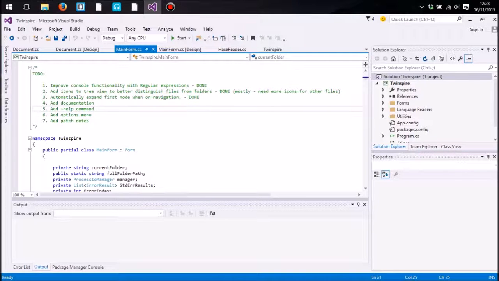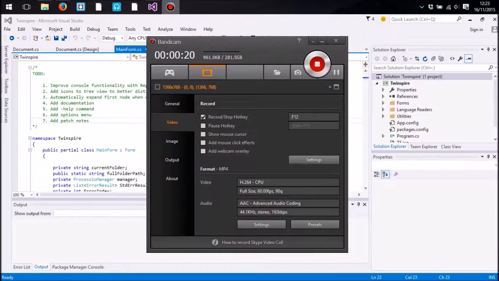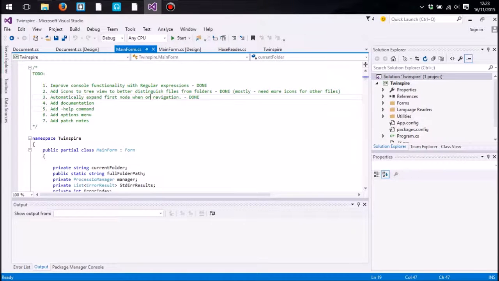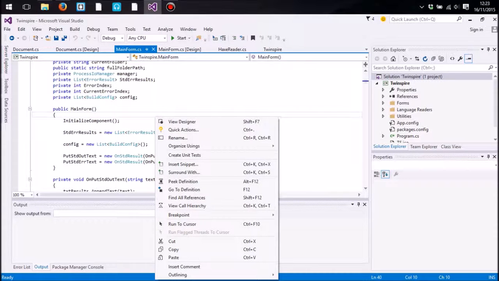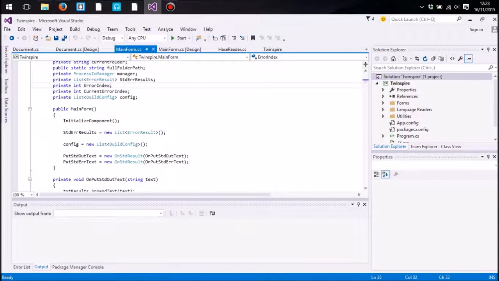Now, that's weird. I looked through all of the menus to check to see if there was anything assigned to F12, and apparently, yeah, I am recording, and apparently something is assigned. It's to go to a function definition. If I right click, let's have a look. Yeah, it is F12. Huh. Alright then. Learn something new every day. But anyway,